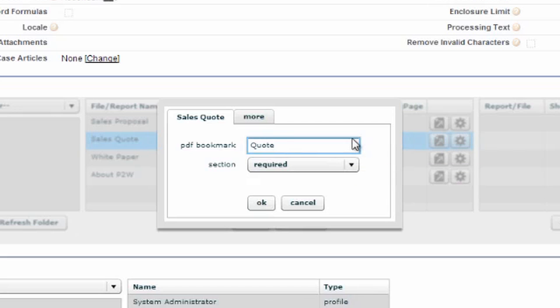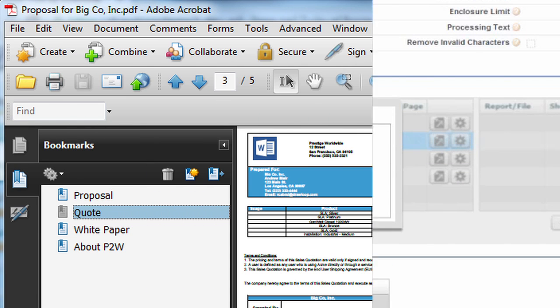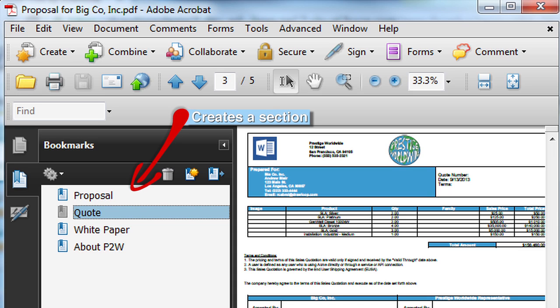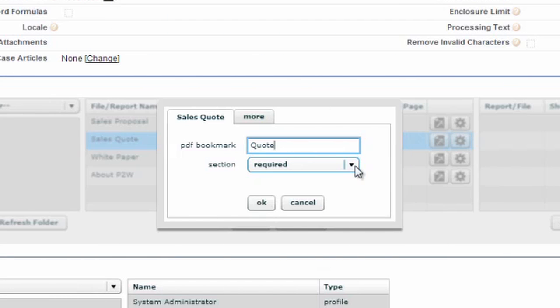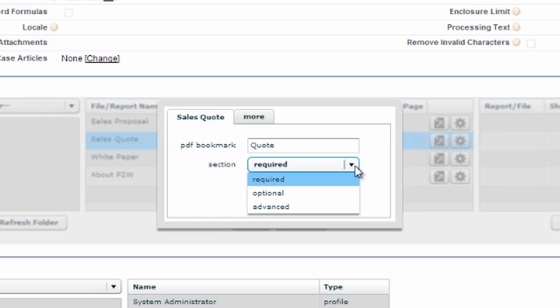The first option you have is creating a bookmark. Putting a value in this bookmark will create a section within a PDF file for this document. Next, you can choose the behavior of this DDP file. Your options are to make it required, which means it will always be included in the DDP output when a